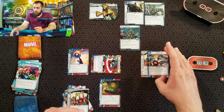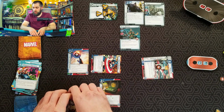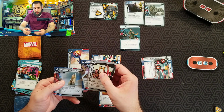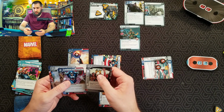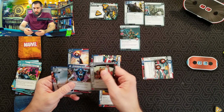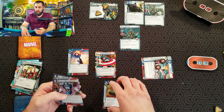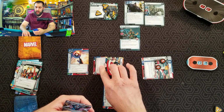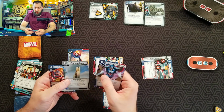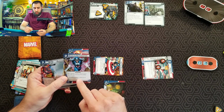And we are going to... she's better for a thwart, right? So we are going to exhaust her, adding 1 here to remove 2 of these. And then... I think I might play this to untap him and deal 2 attack to this Hydra Bomber. I think I want to keep these, to be honest with you. I definitely want to keep the Heroic Strike, and this could come in handy, the Avengers Tower. I guess I could do...